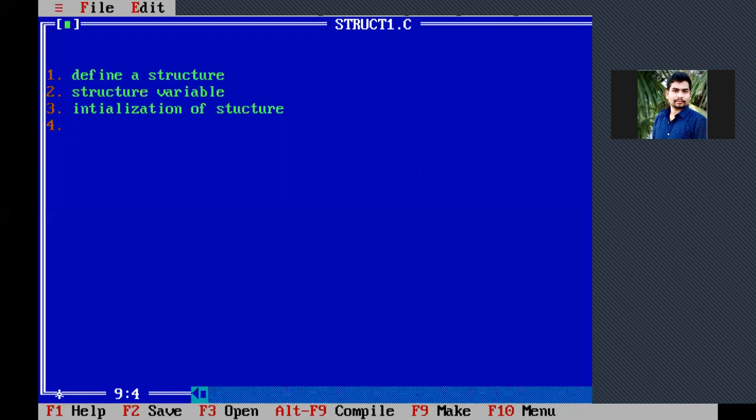When you create the variable, memory is allocated. Into that memory we will initialize, that means we will give initial values to that structure data. Whenever you give some values, we also access the same values from the structure.